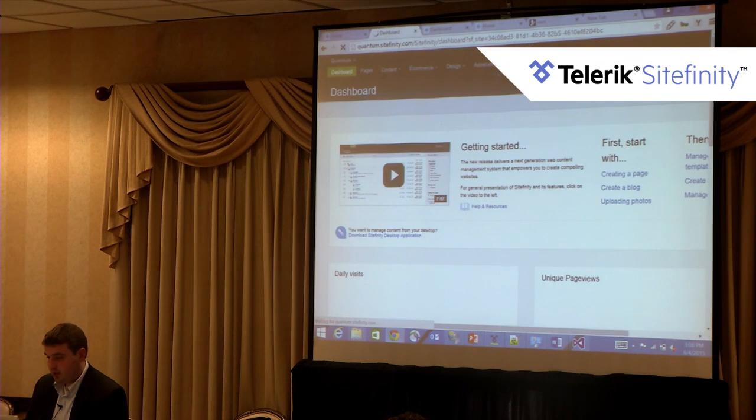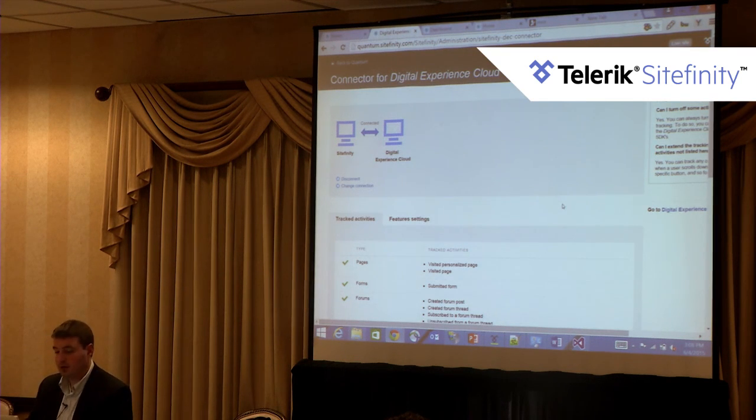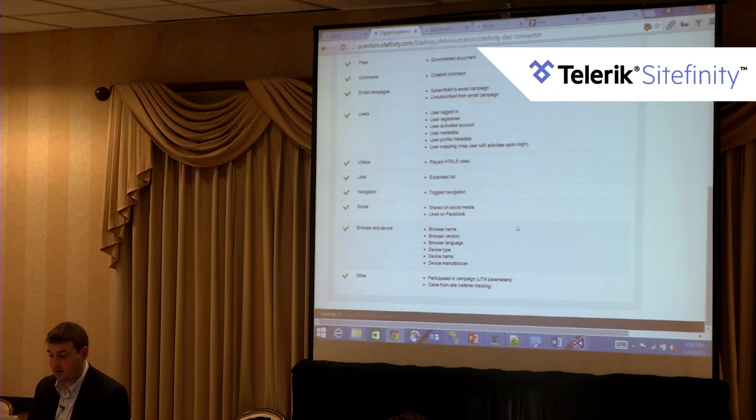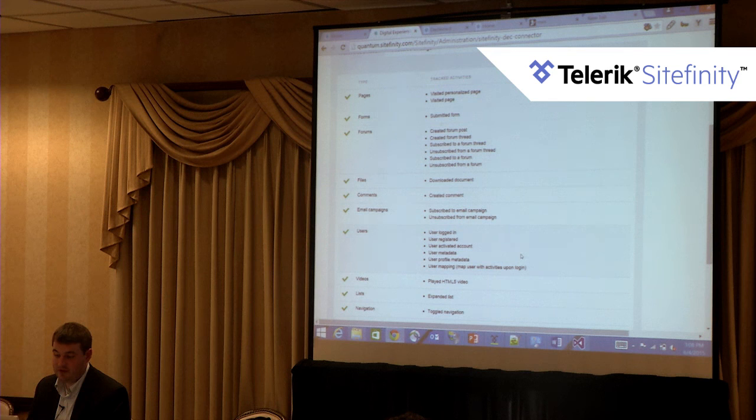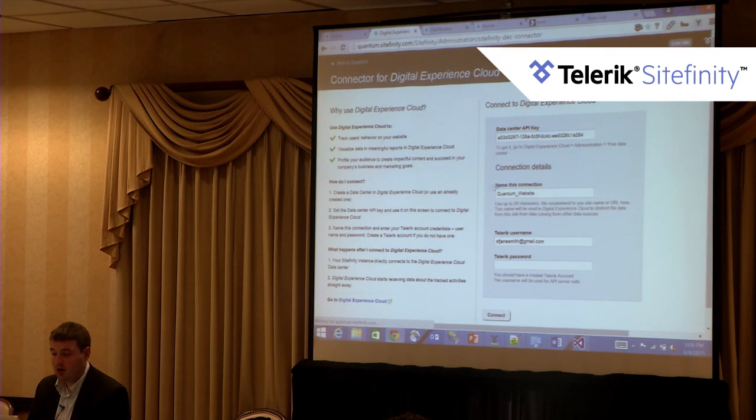The last thing that I wanted to show you from our out-of-the-box connectors is our Digital Experience Cloud connector, just to show you all that's in here is just letting you know of the out-of-the-box activities that we're tracking with the Digital Experience Cloud in Sitefinity, things like our visited pages, forms, those things that we talked about earlier. When we deal with a connection, all that we need for a connection is the data center API key, give the connection a name, and we need a username and password to push in that data. This API key is just available in our administration section of the Digital Experience Cloud. Once this is pushed in, it'll automatically start tracking. So ultimately, that's all I have